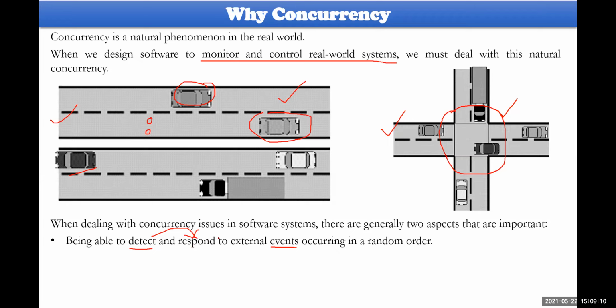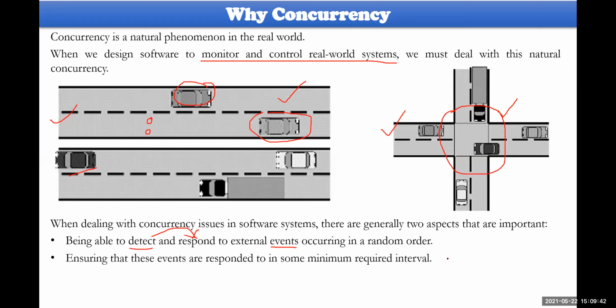After detection, you have to respond immediately. How could you respond? If you are not able to respond, things will not be good. This is the first thing we have to take into consideration when concurrency is implemented using any kind of software. So you have to answer for this one first. Then the second one is